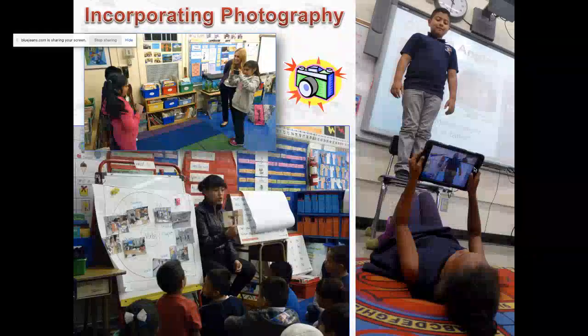The picture on the right is students. These are second graders photographing each other from different camera angles. So they're learning about the language of photography, the visual language, by going through the practice of photographing different camera angles, looking up, looking down. And then the teacher talked to them a lot about that. He says, what does it mean to say I look up to a person? What does it mean to say I look down on the person? And how does that look in terms of pictures? What does that mean to us in terms of the power of language and words? A lot of critical potential through this.